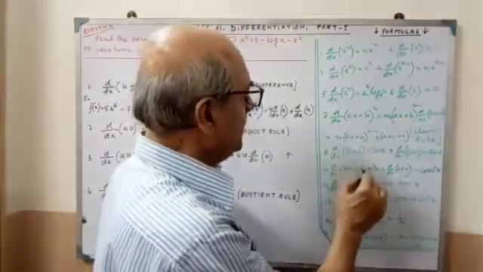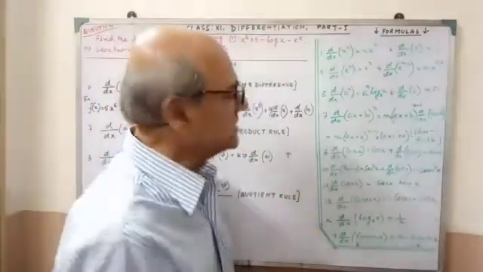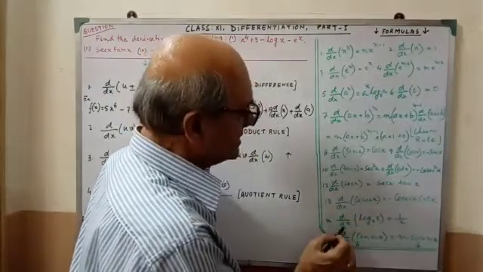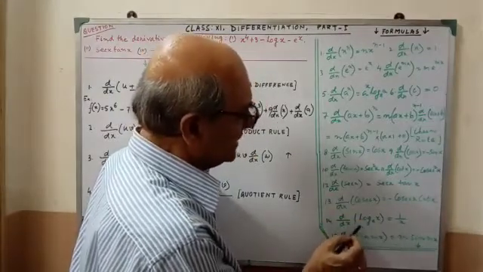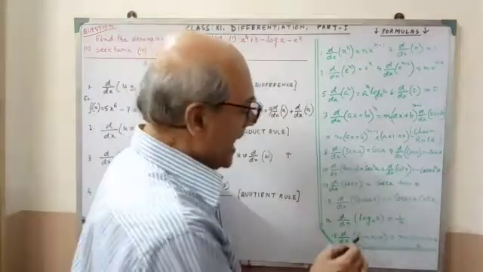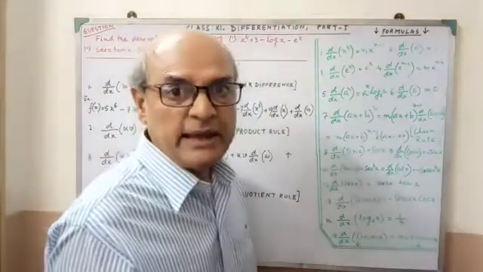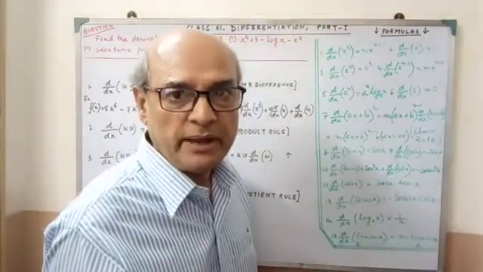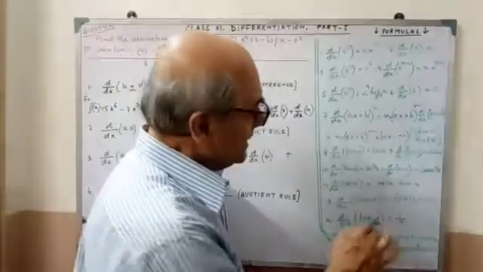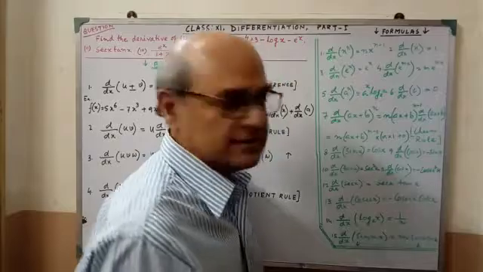There is a trigonometrical function. There are 6 trigonometrical functions, and that is given here clearly. And the last one, the algebraic function, that is d by dx of log x equal to 1 by x. And at last d by dx sin mx. In sin mx, m means instead of m it will be 2, 3, 4, etc., any numerical number. That will be m into cos mx.